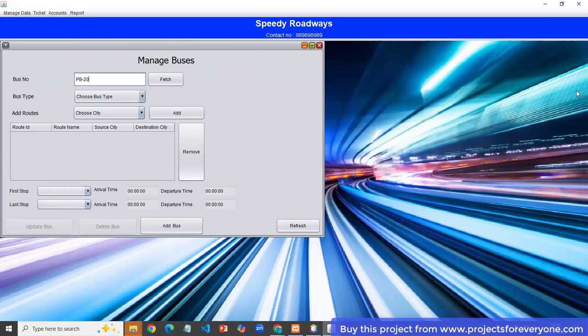Let's add 2001, AC bus route, Amritsar to Jalandhar, then Jalandhar to Ludhiana. That's it.